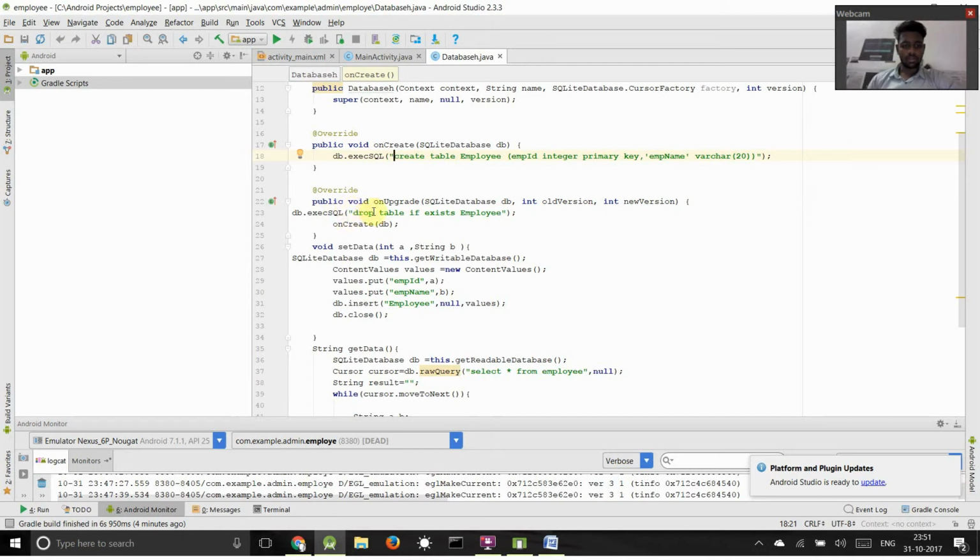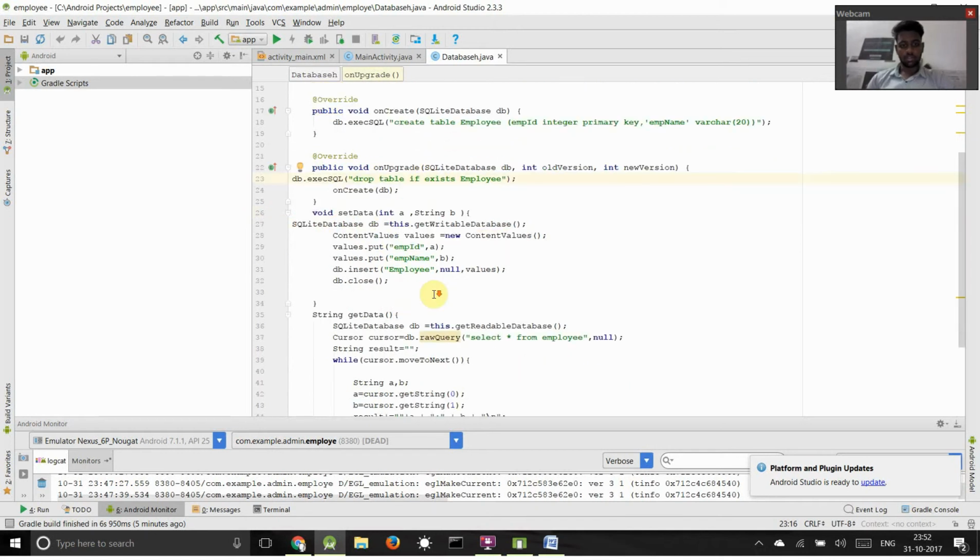will be executed by using db.execSQL. This line drops the table if it exists, employee, and then onCreate of db creates the database. So as you can see here, I have another method called setData